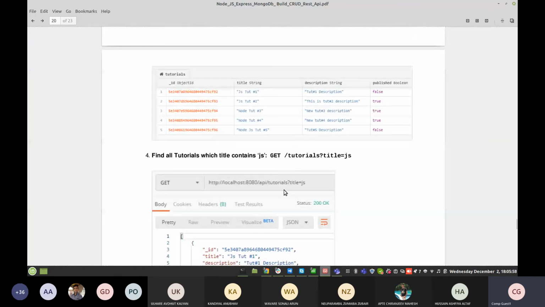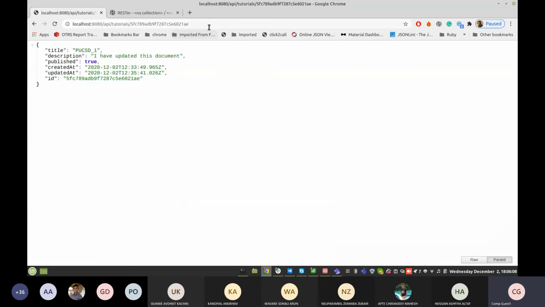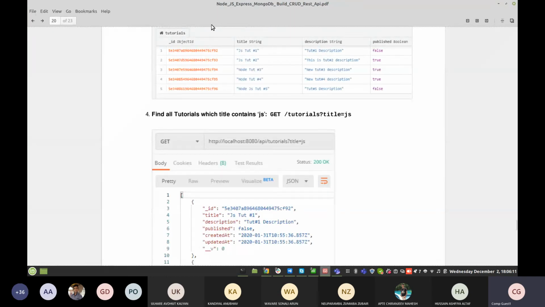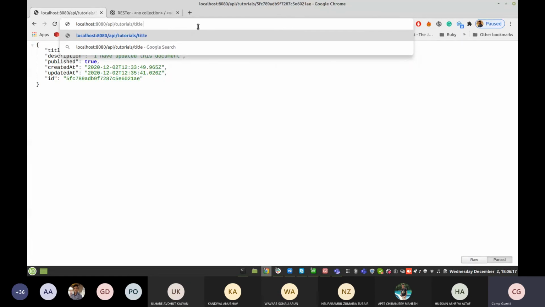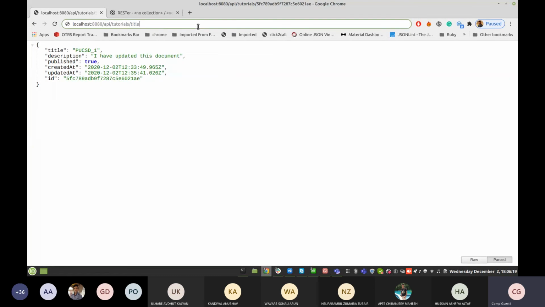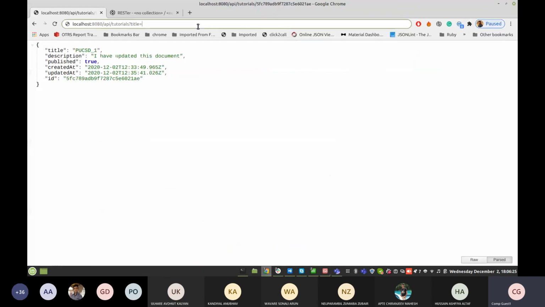Using title, let's find all the tutorials that contain the title JS. So how to pass the tutorial title? Title equal to, that's a query parameter.